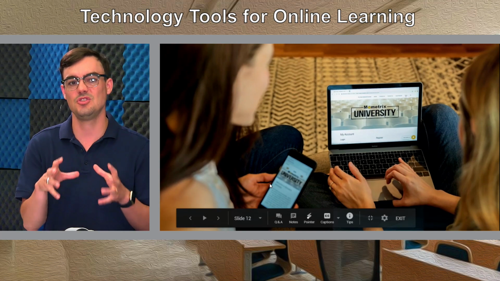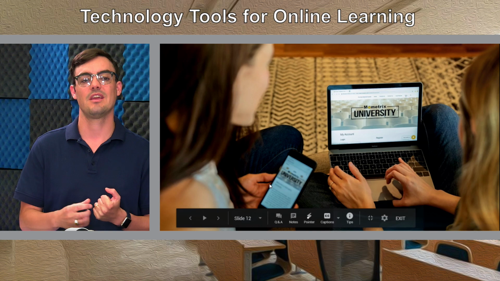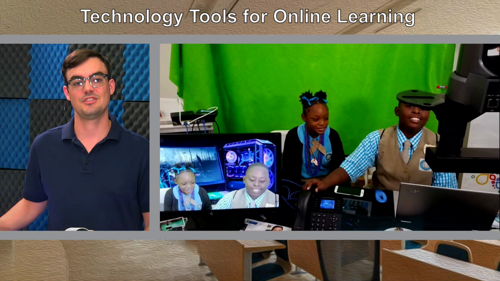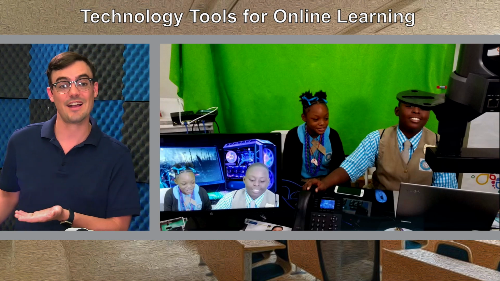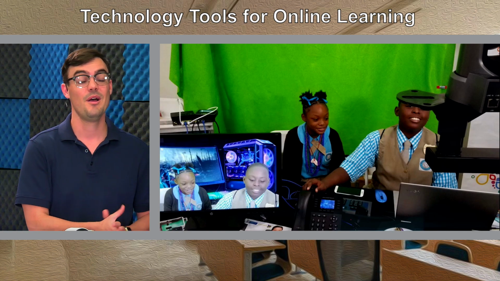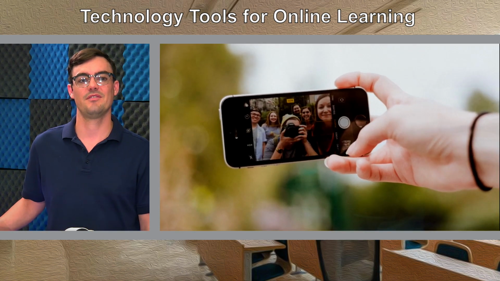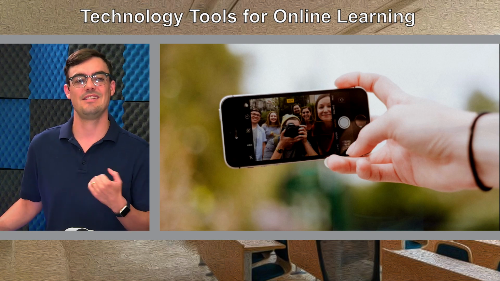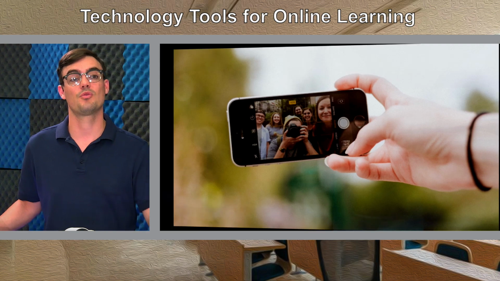Students themselves, I think you're going to find, really like to submit video content and pictures. And here's some students playing with a green screen. Not everyone has access to a green screen, but your school may actually have one. So a lot of awesome tools for this kind of stuff. Students are very tech savvy, and the idea of creating content for class is very appealing, and it works great